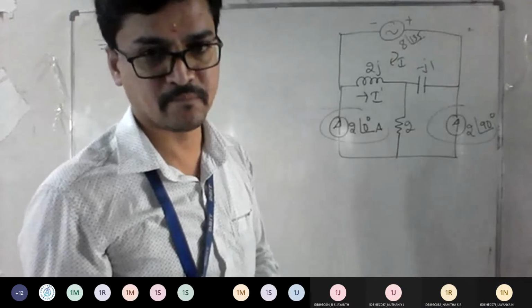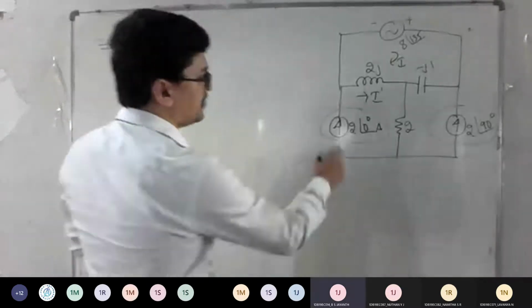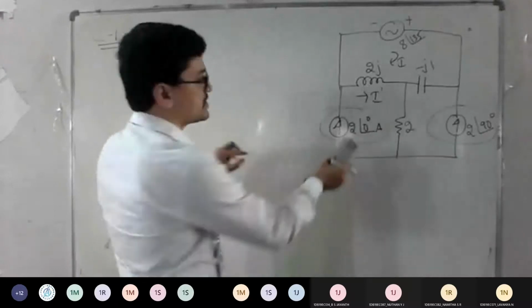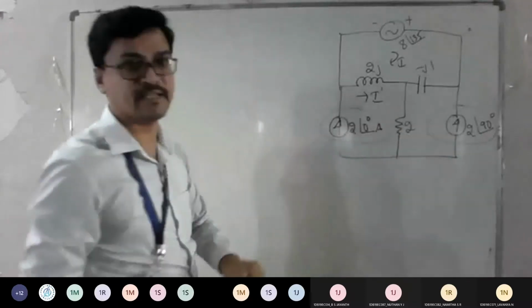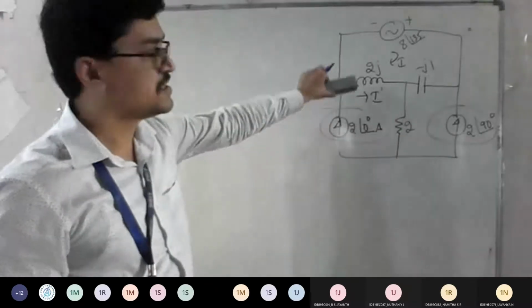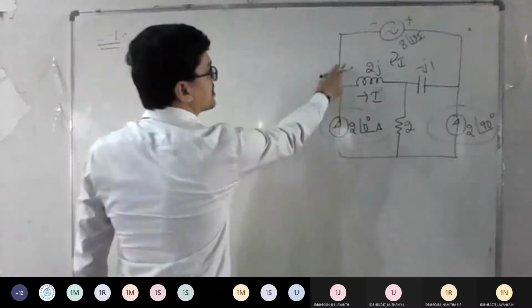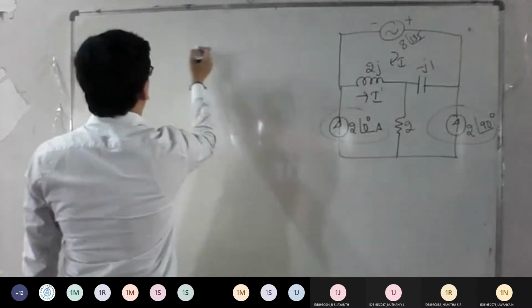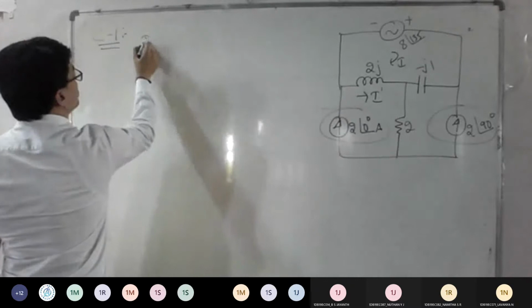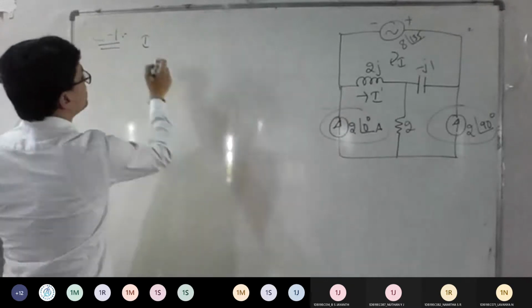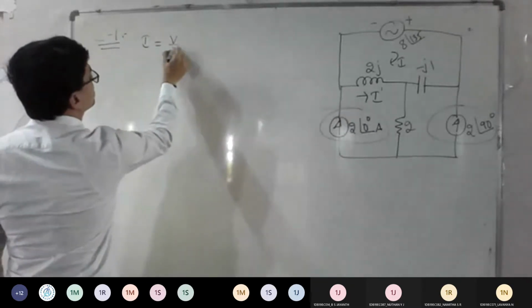Yes, sir. We can apply it. So now, you should not write this; I am just telling it there only. Eliminate this. What is left out? Only this mesh, mesh 1. From this I want only the current. I want I or I dash, both are the same. I is equal to V by R.